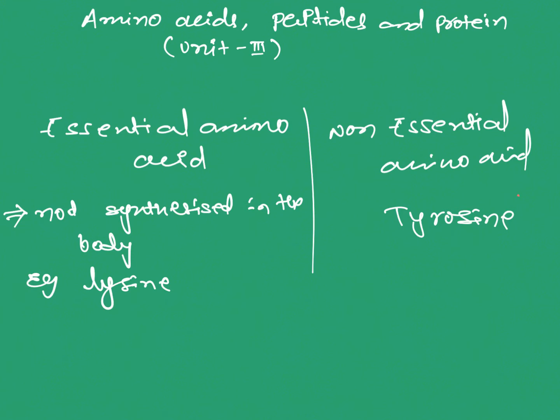Of those 20, 12 are non-essential amino acids, which can be synthesized in the body. There are 8 essential amino acids, which cannot be synthesized in the human body, and we have to supply them through food. This is the second classification, based on nutritional value. So the first one is based on the nature, the second classification is based on the nutritional values. Next, move on to the stereochemistry of alpha amino acids.